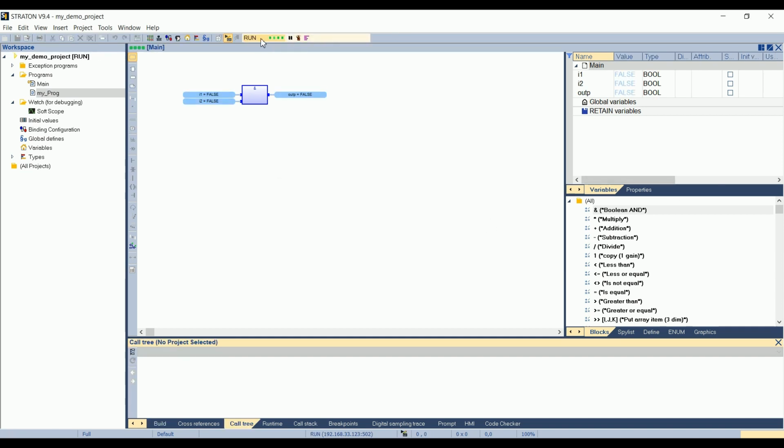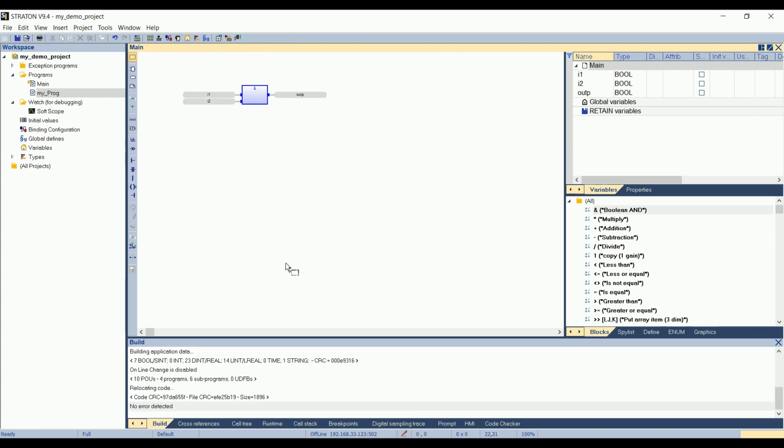I see that my simulation is running here, and I can change the values of the input by double-clicking on the input, select True, or just by selecting the input and pressing the spacebar. Then I see here my output has changed. OK, I stop the simulation.